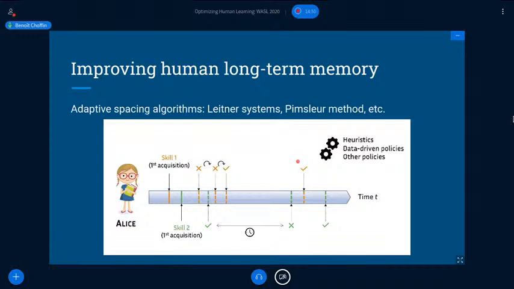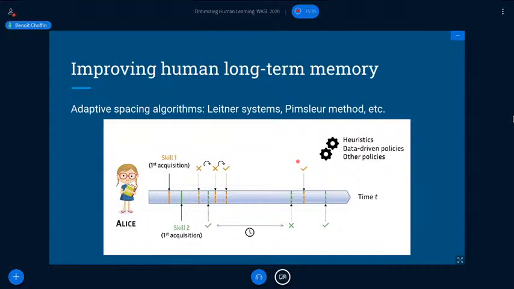So both of these learning strategies, self-testing and spaced repetition, have been shown to improve memory retention on large learner populations. But such recommendations from the cognitive science literature yield generic, one-size-fits-all reviewing schedules. So basically, you would have some kind of strategy, for example, reviewing 2 days after learning your item for the first time. But this is just the same fixed schedule for everyone.